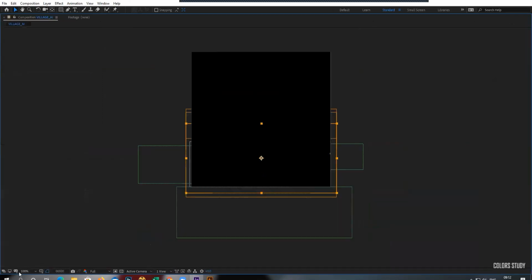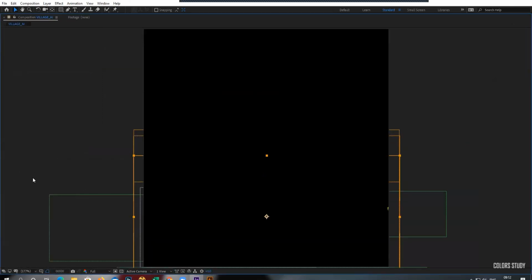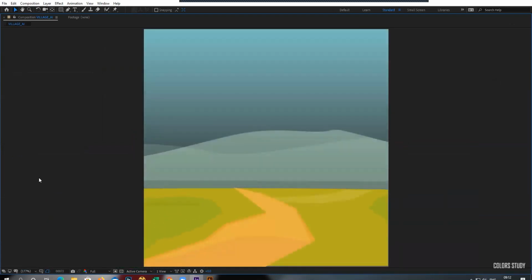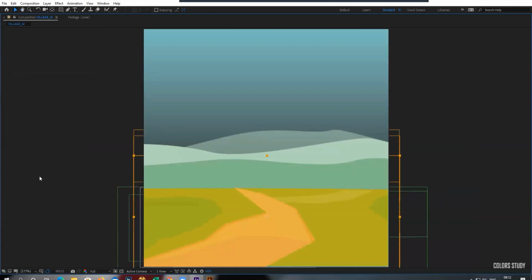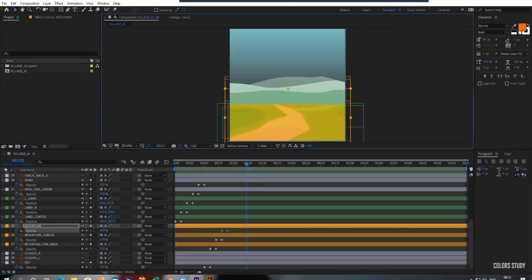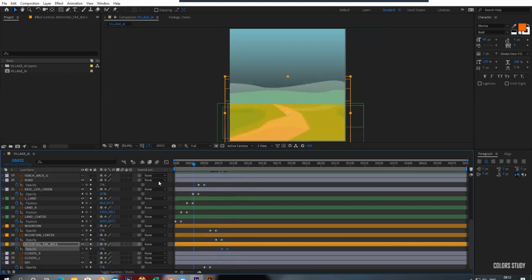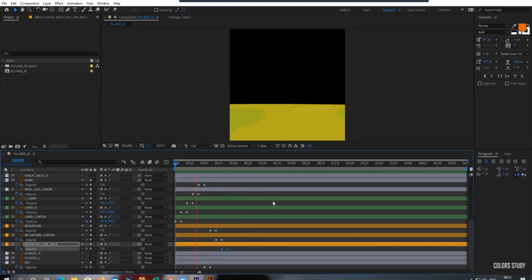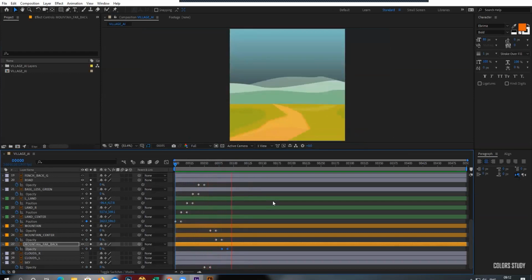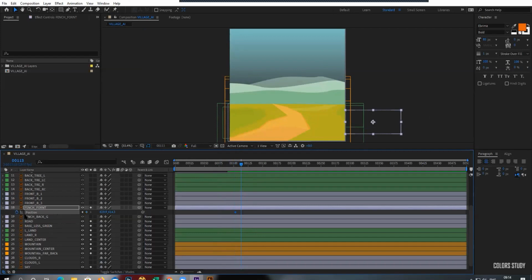If I just play here, go to the filter screen, and if I just play. Okay, so I think the animation was done in a reverse order. I want this layer to be revealed first, second, and this third. Keyframe it and shift page down. I'm just going 10 frames.